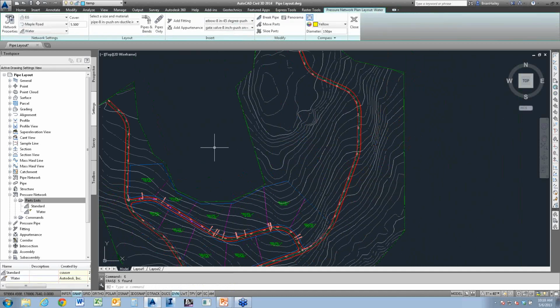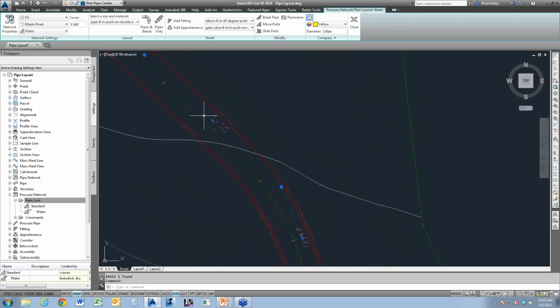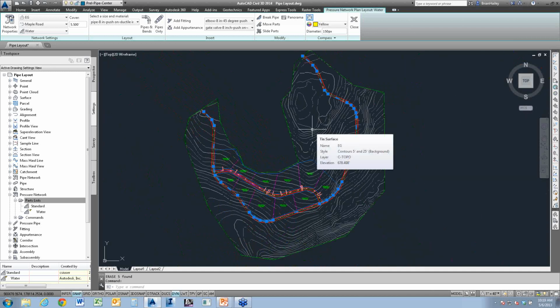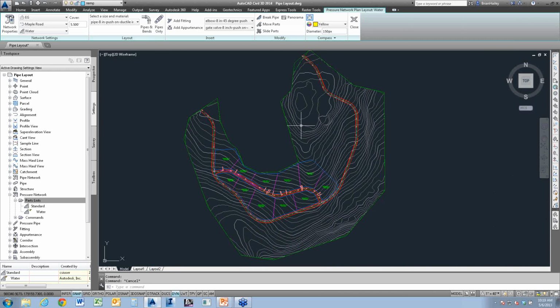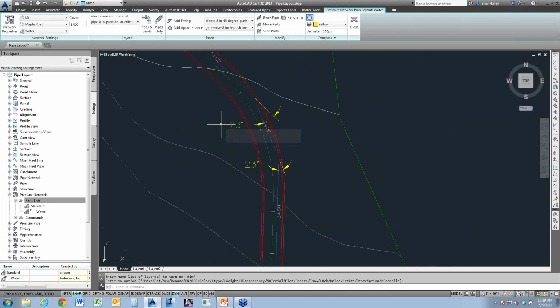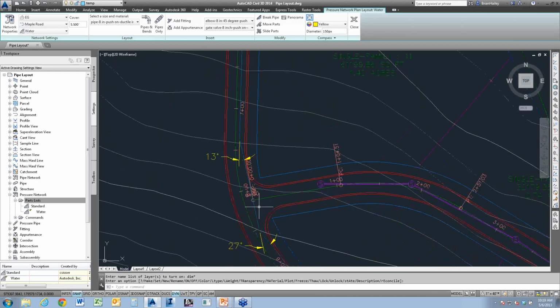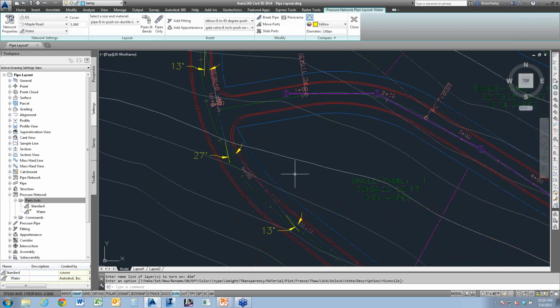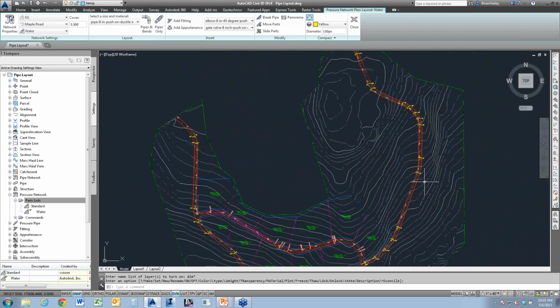Now what I like to do, as I mentioned before, I already have a polyline in here. Most of your designs are going to start with something along these lines. I've got the center line of my road. I go offset, I figure out where I'm going to be placing all my bends and everything. And then you start drawing on top of this. Now what I've done just to make my life a little bit easier is I went through and I dimensioned all the angles just to give myself an idea of what bends I need to put in here. All right, so there's a 13-degree turn, there's a 27, another 13-degree turn. And so I've come through here and I've labeled all of my bends here.